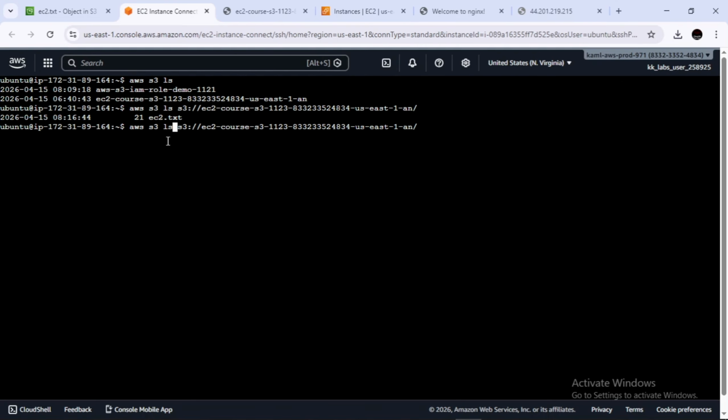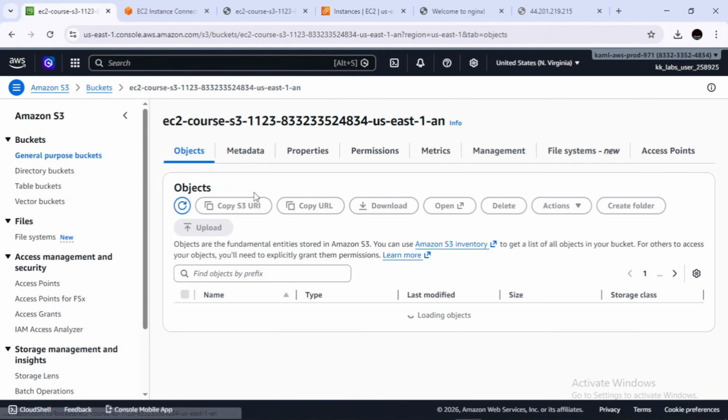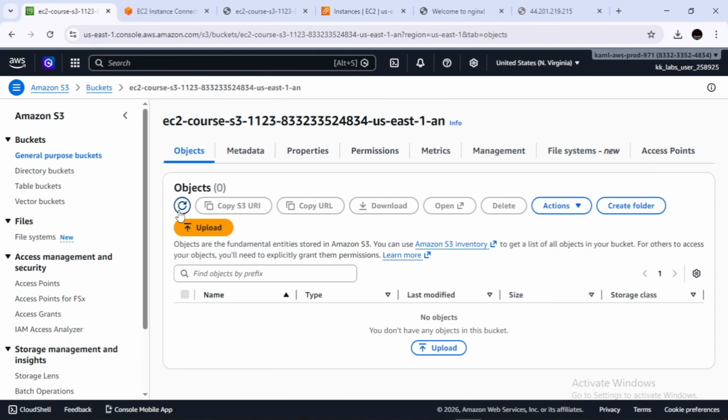AWS S3 RM, and the name of the file is ec2.txt. It is deleted, and we can also verify from this bucket as well. So if I refresh this, you can see there are no objects.